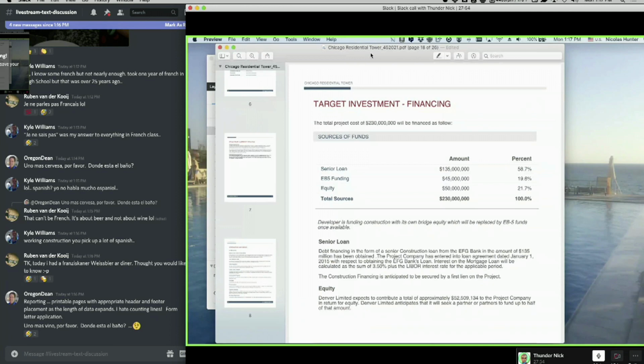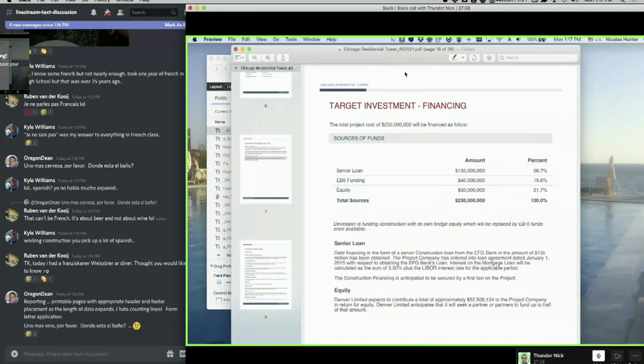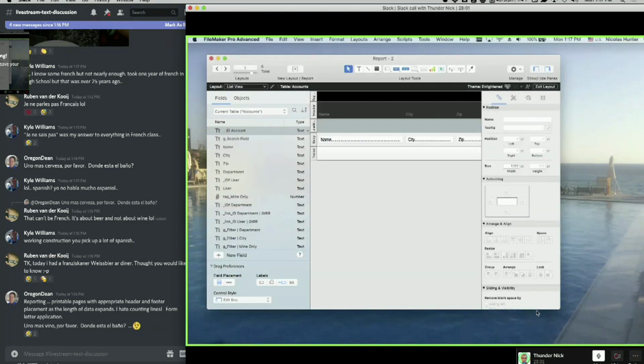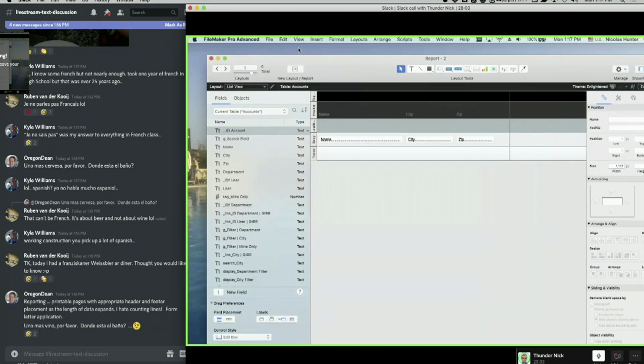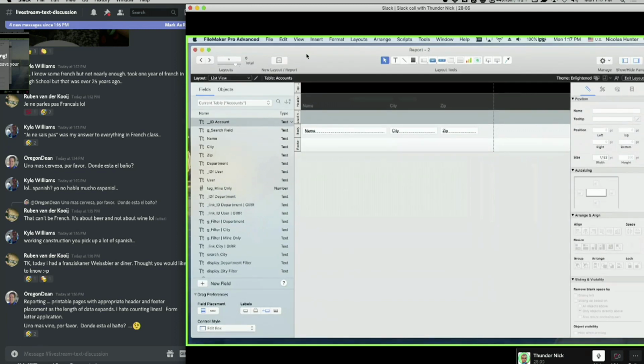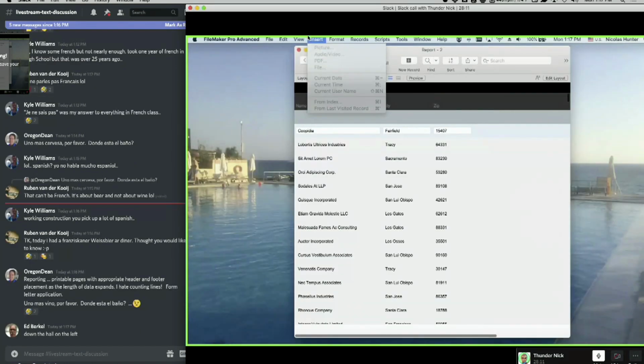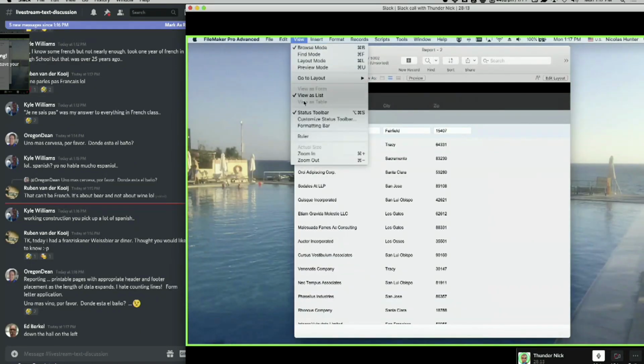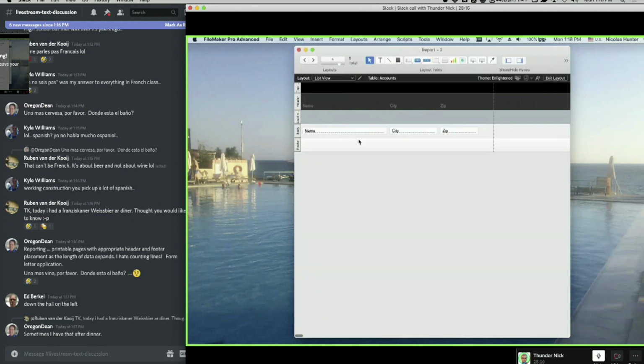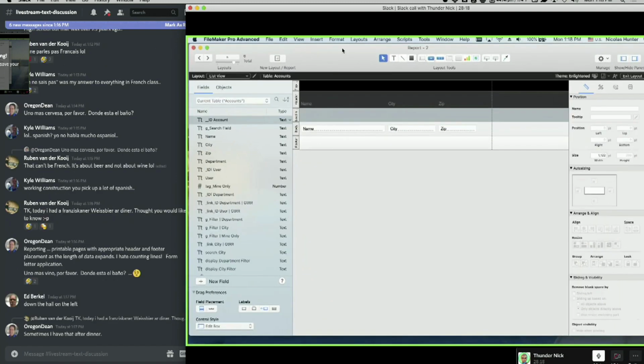So we are going to learn how to build a report. And the first thing we need to learn, if you want to build a report, is about layouts. Okay. So I'm not going to explain what a layout is. I'm not going to explain that we can see the layout in form view, list view, and table view. I assume that you know those concepts.